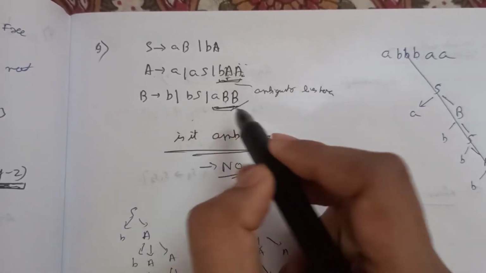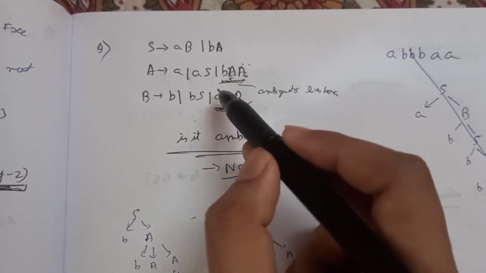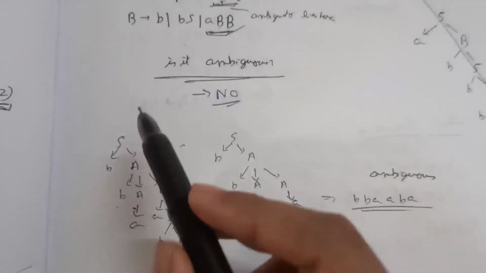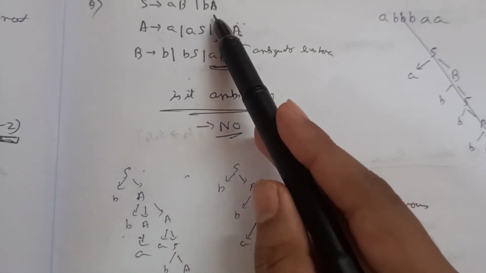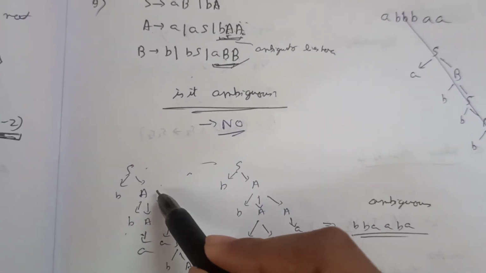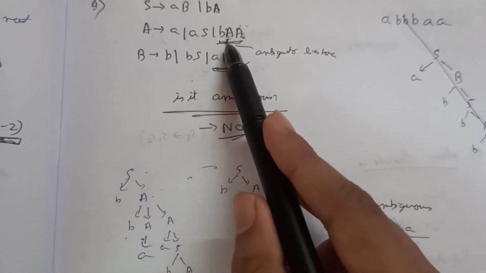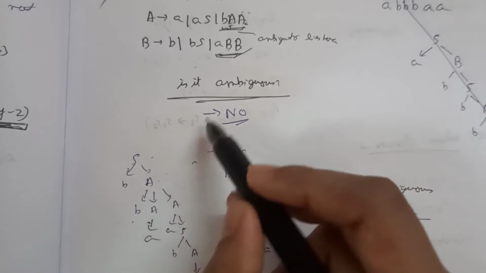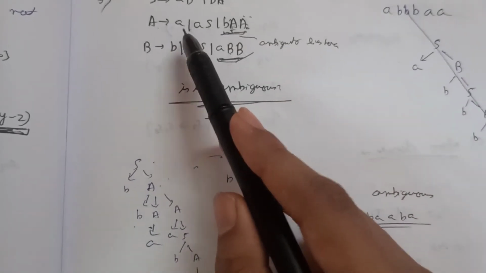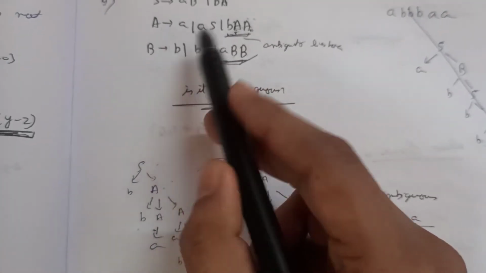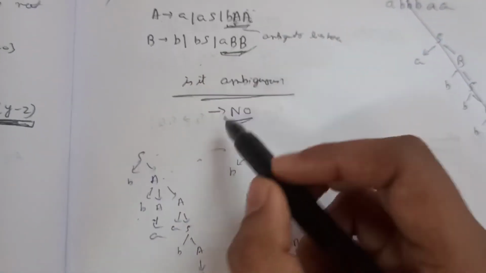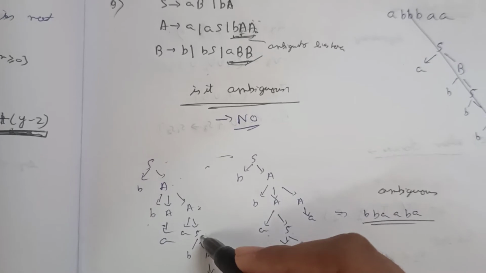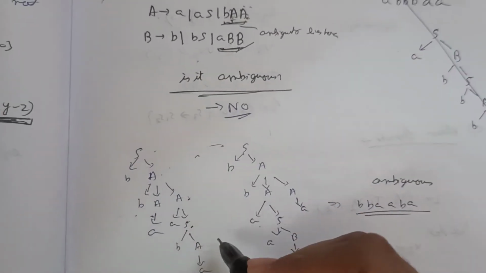So both of them will have similar results. That's why ambiguity will be generated. Suppose I am giving an example. Suppose from S I have BA, and now this A is expanded to BAA, and now I have just converted this A to a small a through this production rule, and I am expanding the letter A here. So this A again becomes AS, this S becomes again BA, and now this A becomes a.